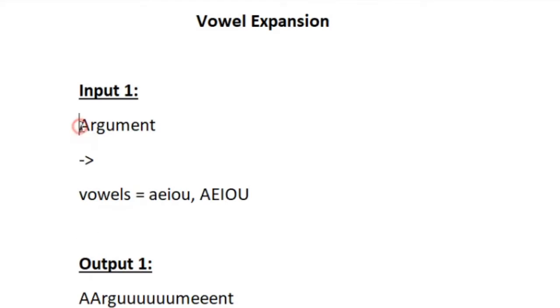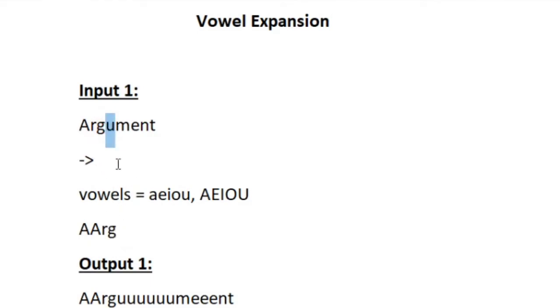Now the first character in the string is A and the character A is a vowel and it is the first occurring vowel out of the characters A, E, I, O, U. So we have to repeat A for one time. We print the character present in the string once and then we print the repeated one. So totally there will be 2 A's in our output. And then the next character is R. R is a consonant, so we print it only once. And then G is also a consonant, so we print it only once.